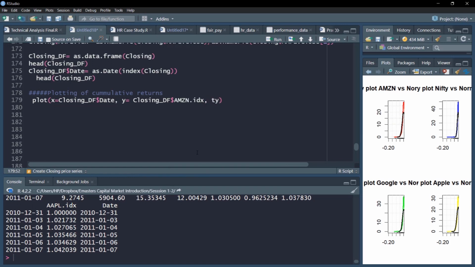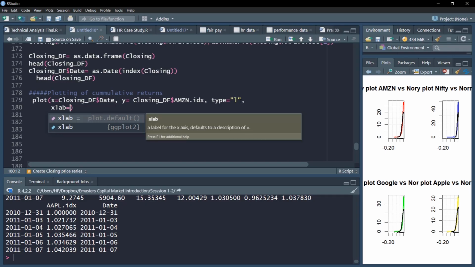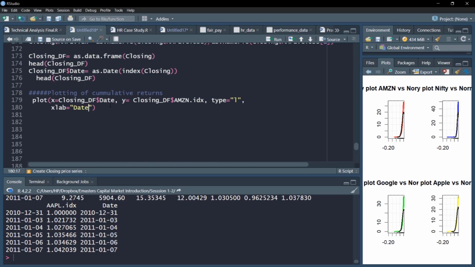We'll use line type, xlab equal to date, and ylab equal to value of investment in dollars. Let us add a color black. We'll use different colors for different stocks. Line type of 1 but a line width of 2, so it looks slightly darker, more thick.